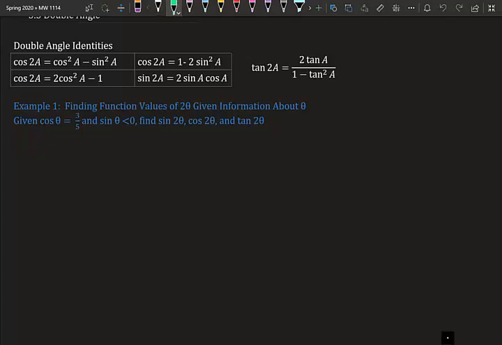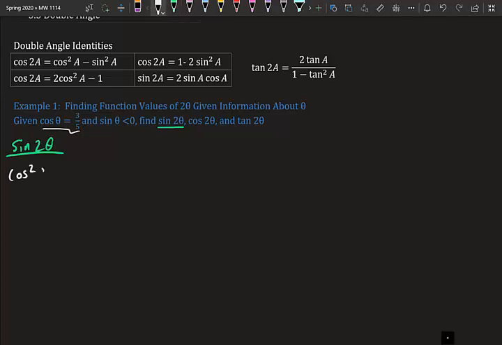So first thing I'm going to do is find sine 2 theta. And if we want to find sine 2 theta, first we need to find sine, because we don't have sine. So if we don't have sine, how can we find sine 2 theta? In order to find sine, let's see what we're given. Oh, we're given cosine. If we're given cosine and we need to find sine, you know what we need to do. We do our